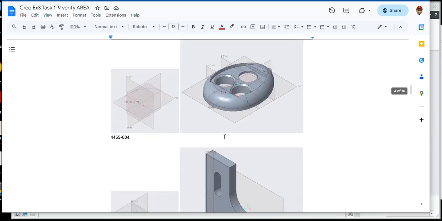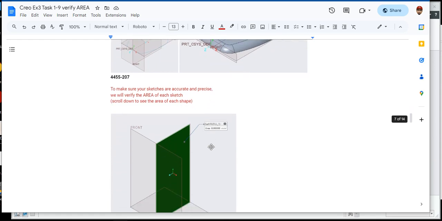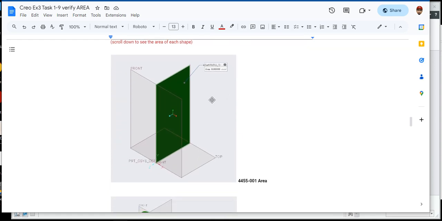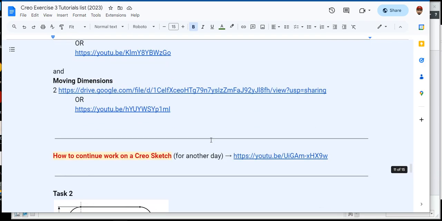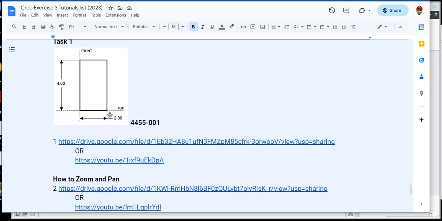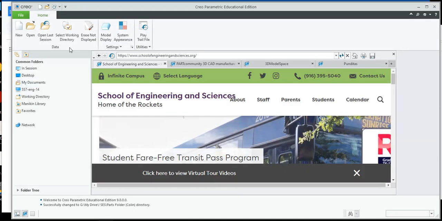And so it's important that your sketches right now are correct because later on we are going to convert them into parts and the volume must be correct. And so one of the things that we can do to make sure that the objects that you created in Sketch are correct is to find the area. So if you remember, this rectangle is 2 by 4. So over here the rectangle is 2 by 4, which means that the area will be 8. And we can find that area by opening each